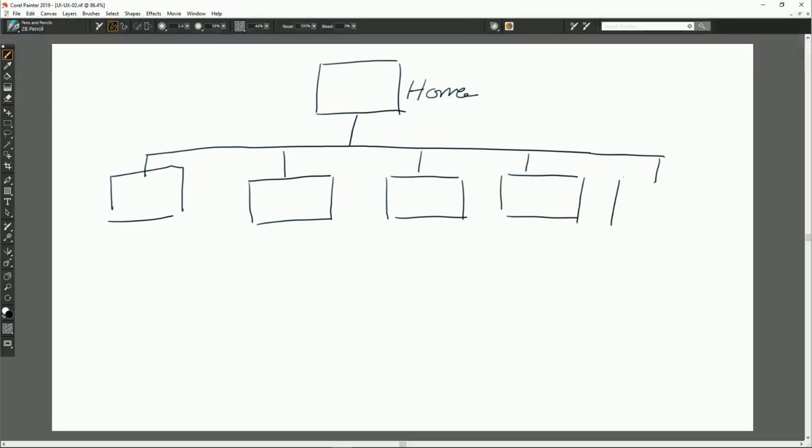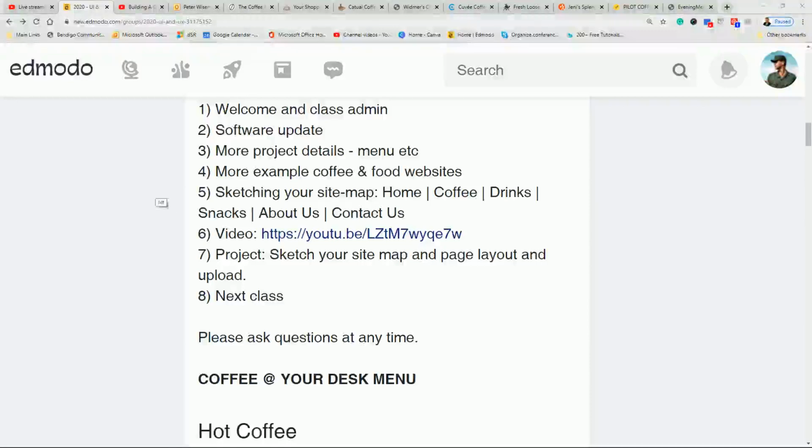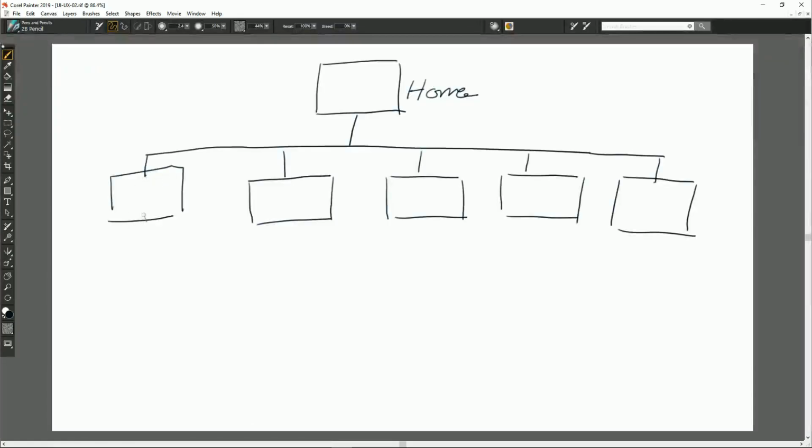This is not really what Painter is for, but coffee, drinks, snacks. So I would just write somewhere under here, snacks,